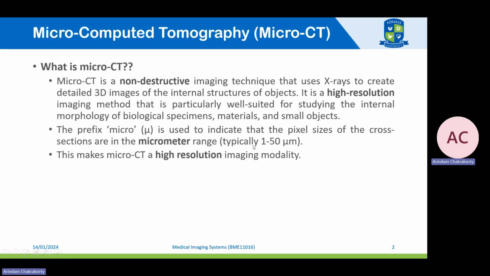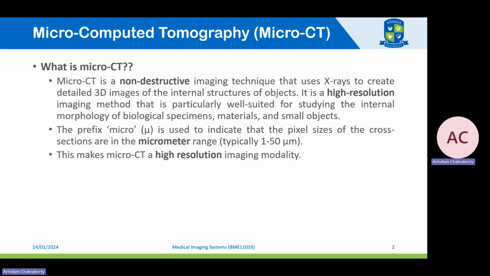So why is this CT called micro CT? The prefix micro essentially indicates that the pixel size associated with the voxels in any cross section area of any object is in the micrometer range. That is typically 1 to 50 microns, and this micrometer range of the pixel sizes actually makes the micro CT capable of capturing images at a